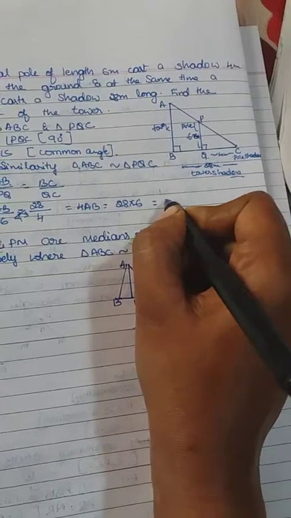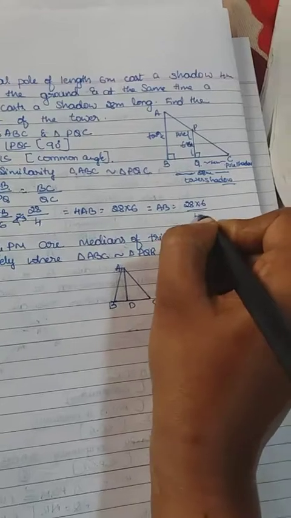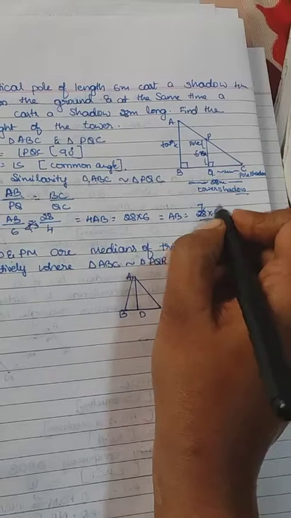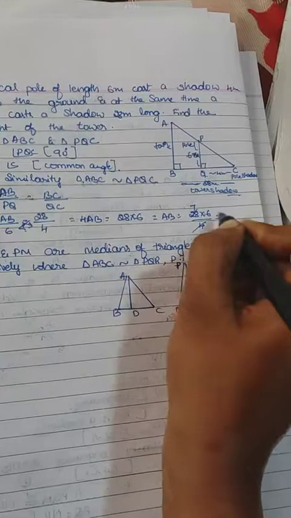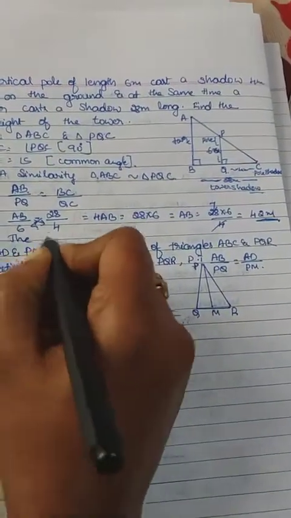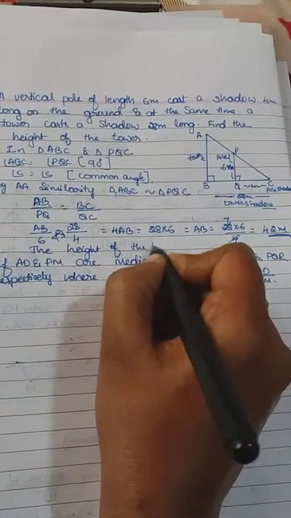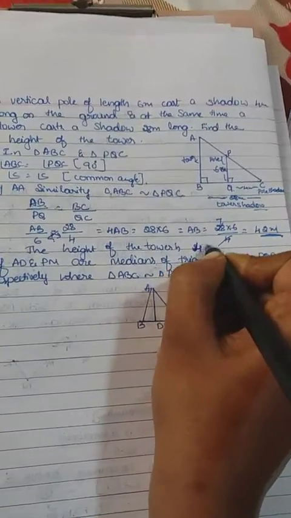So here no space, that's why I am continuing here. AB equals 28 into 6 divided by 4. 4 ones are 4, 4 sevens are 28. This is easy. So without multiplication, if it is divisible, it is easy. So 4 sevens are 28, so 7 sixes, AB is 42 meter. Therefore the height of the tower is 42 meter. This is the answer.